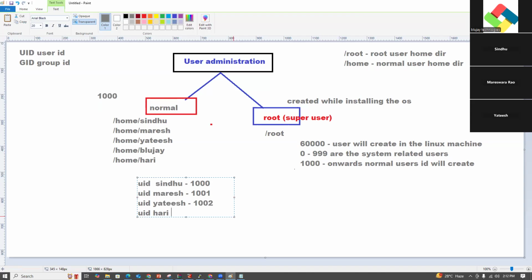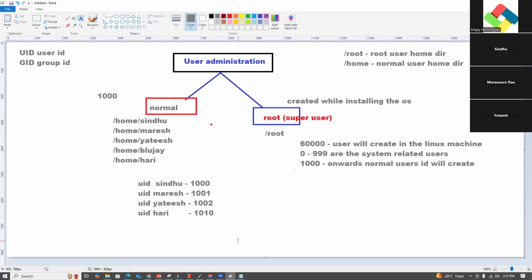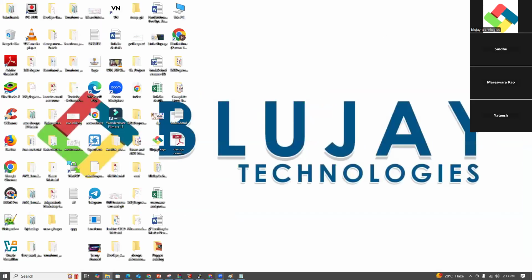UID of Hari, something like, Hari wants a specific fancy number, 1010. We will create a specific UID also. We'll show you. Guys, understood? UID, GID.